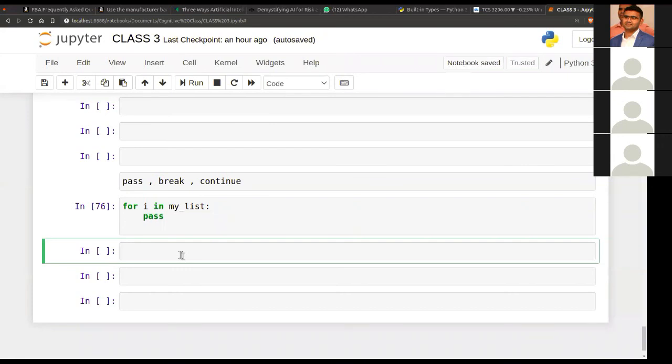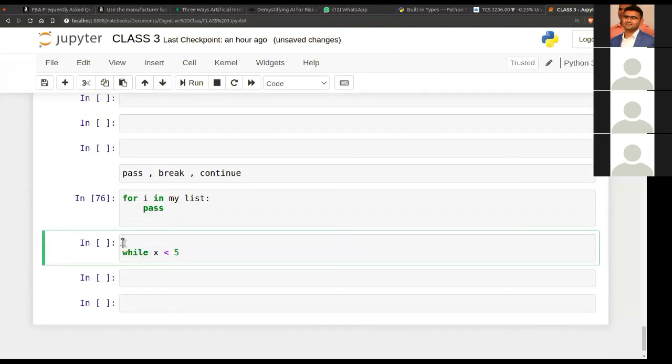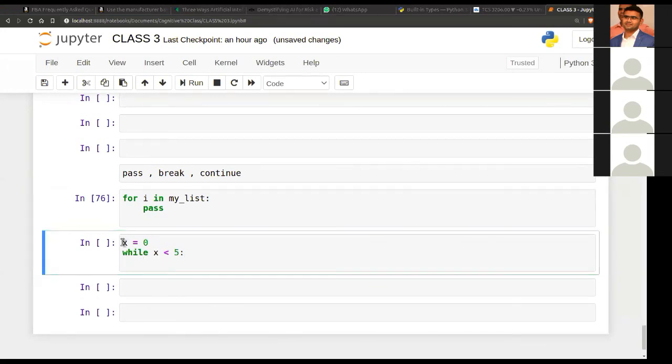The second one was break. Suppose I start off with a while loop, x less than 5. Let me initiate x equals 0.